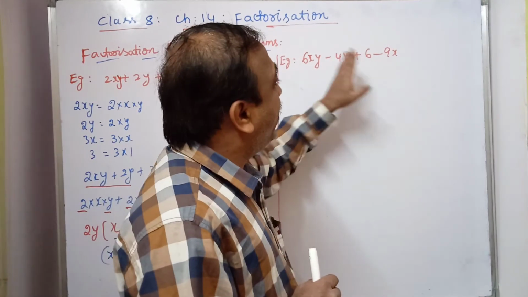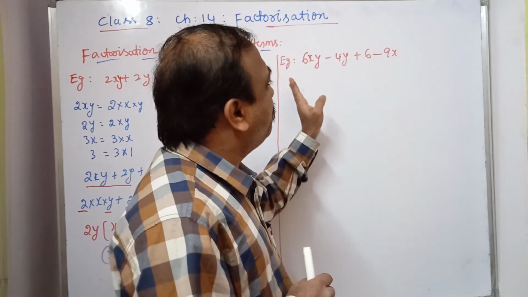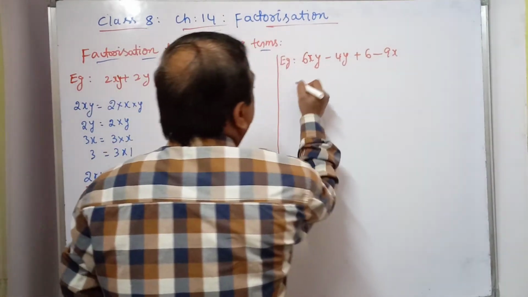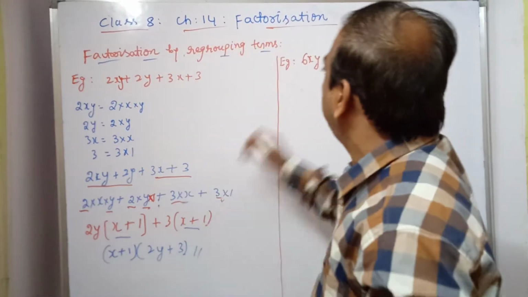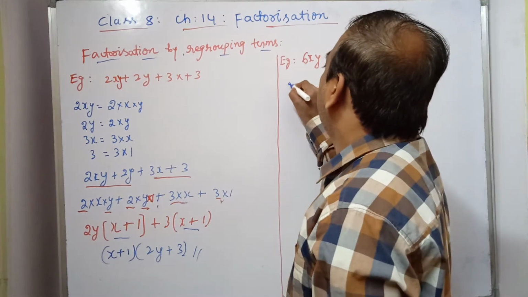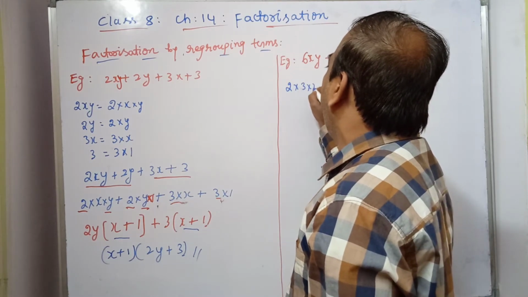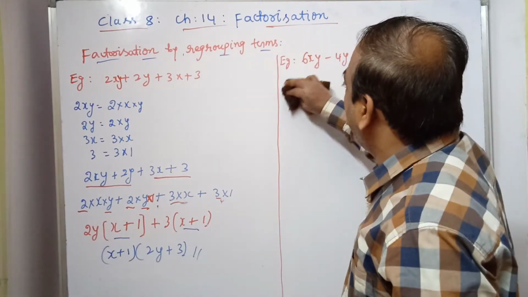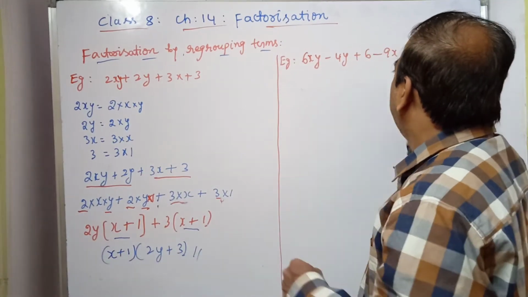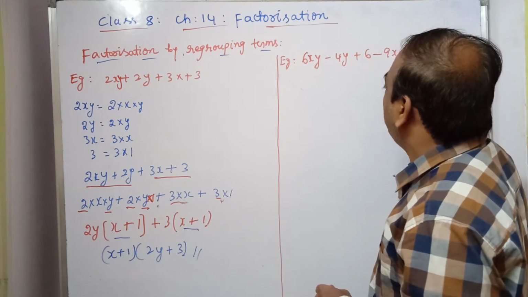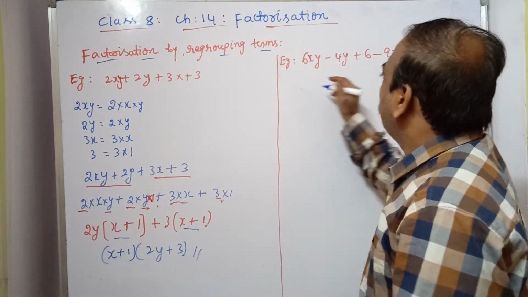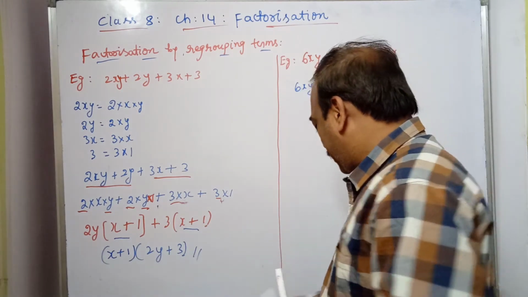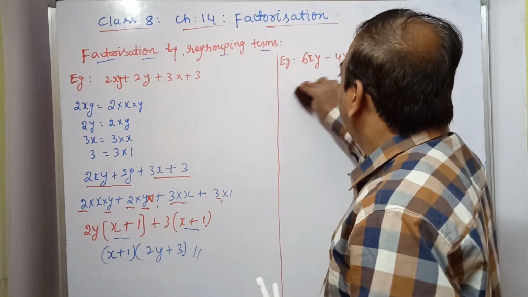When we are taking out common factors, we check whether it is possible or not. You see 6xy. Directly I will write 6xy as 2 into 3 into x into y. Those are the factors. So first I will rearrange the terms. I am rearranging this one first, sending this to this side, plus 6. So 6xy by regrouping.